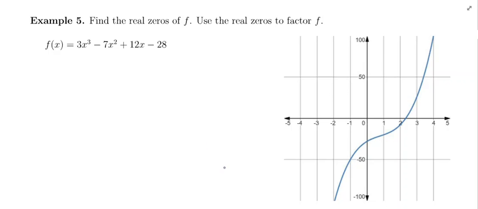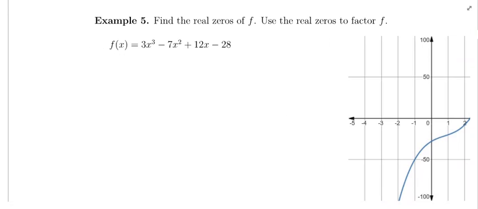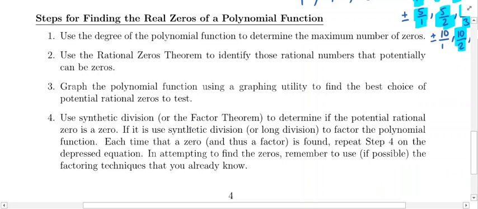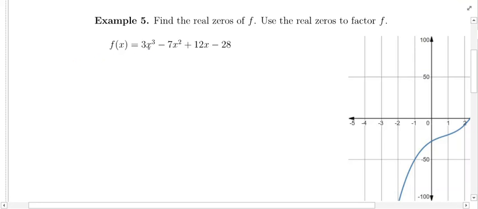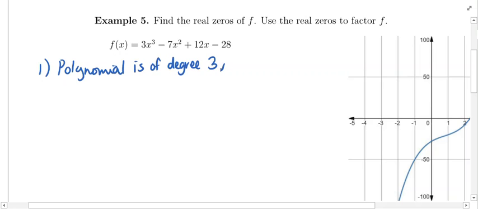All right, so we're going to follow the procedure outlined on page 4. If we flip back to page 4, we're going to determine the degree of the polynomial function to determine the maximum number of zeros. So here, this is a degree 3 polynomial. So the polynomial is of degree 3, so there are at most